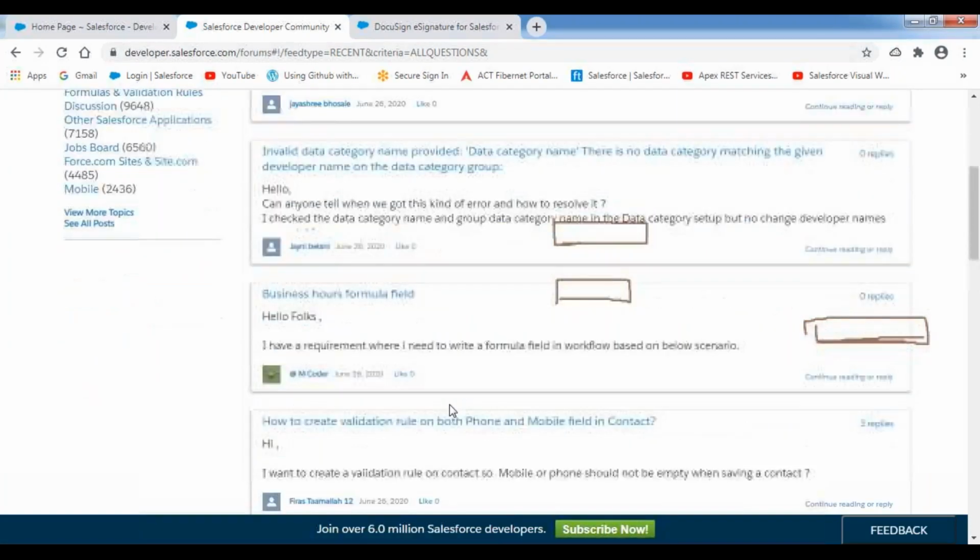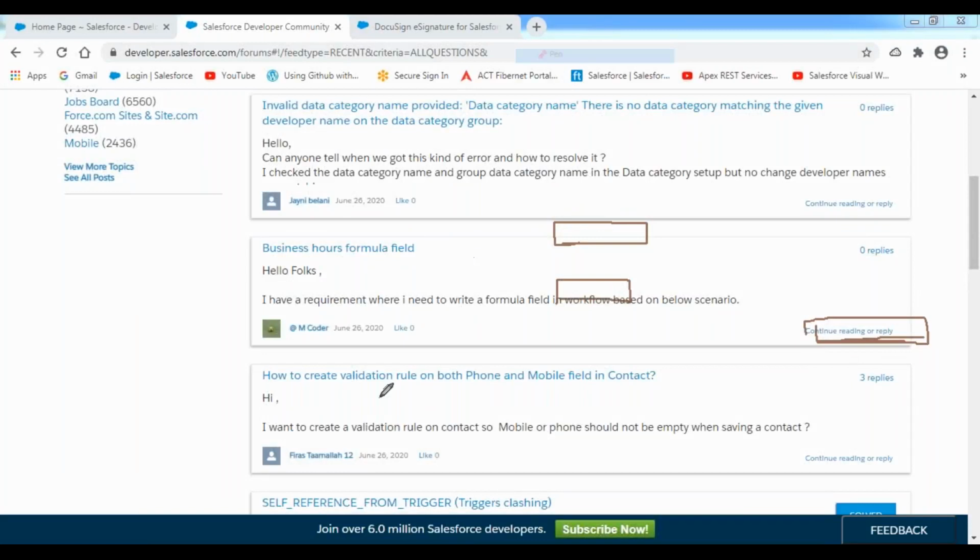That means here in this case, observe this one. In this community, more than 6 million people are available. That means 60 lakh developers are available in this community. That means all the Salesforce developers are part of this community. Whatever Salesforce developers there are in the entire world, all of them are members of this community,